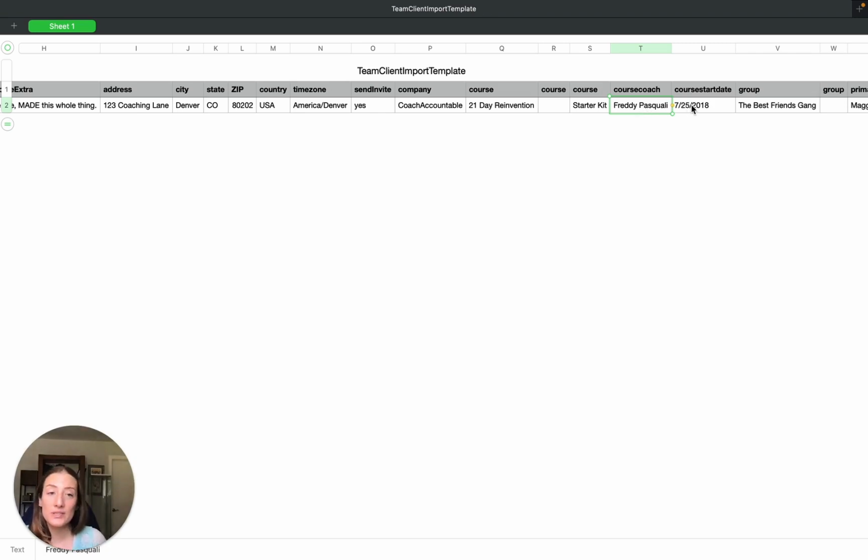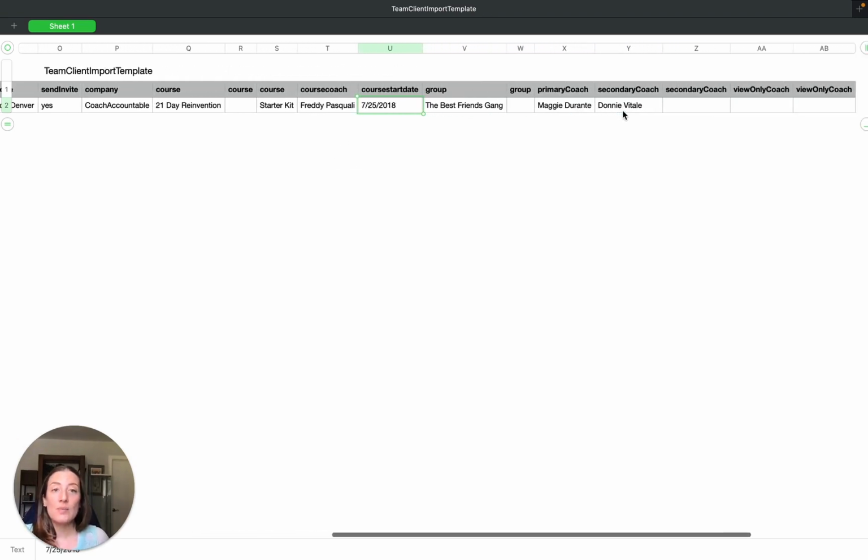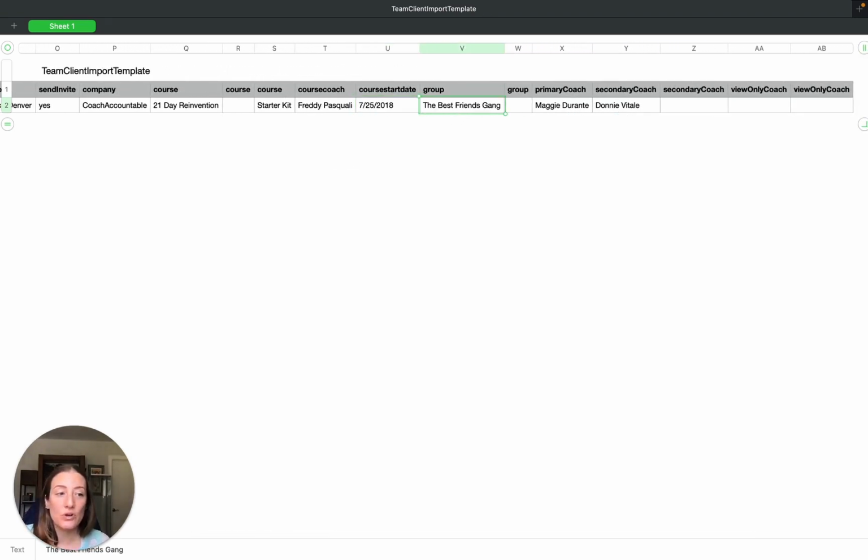And you can also pre-schedule those courses out. When do you want that stuff to start? You can go ahead and say that that should start in the future, or you can do that manually later. The whole point of this document is to do this stuff quickly all at once instead of you having to do it manually later. Same kind of thing here with the group. So again, you can automatically put the client into up to 2 groups at once, and the names must match a group that already